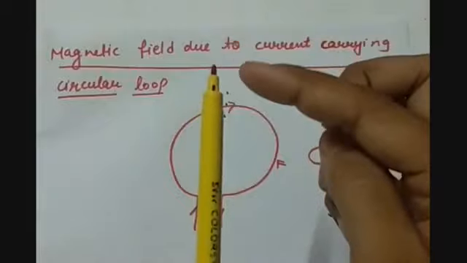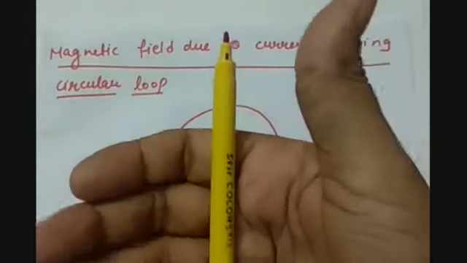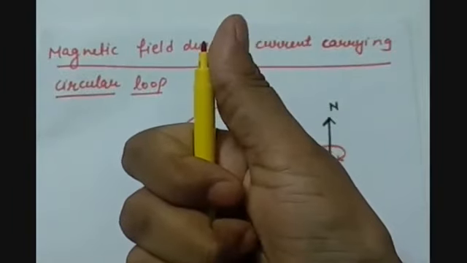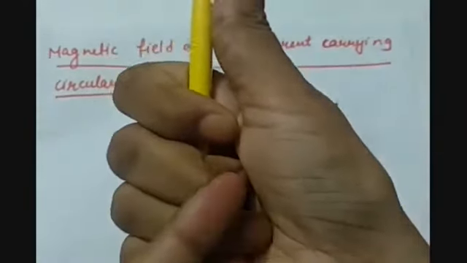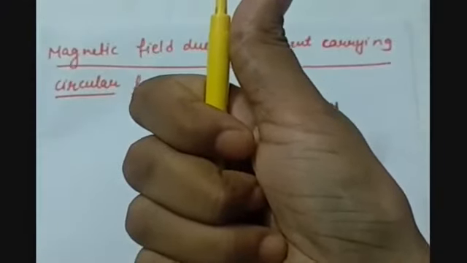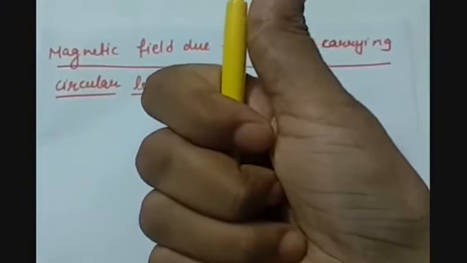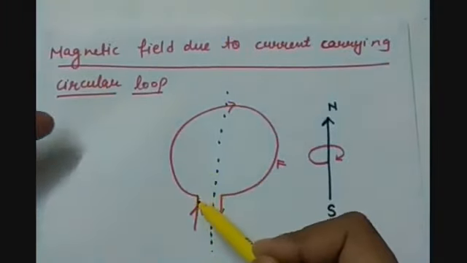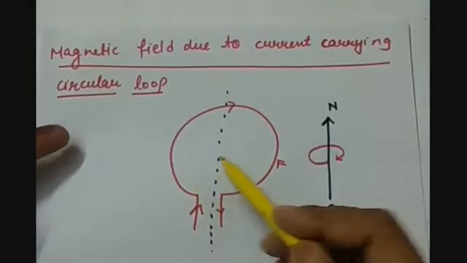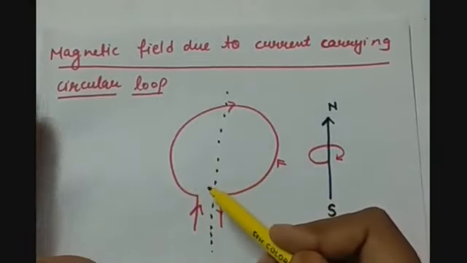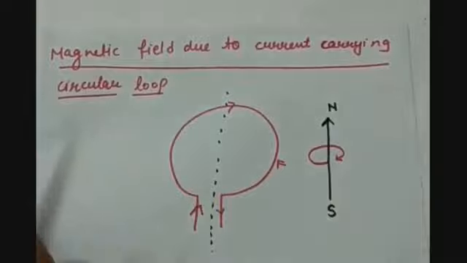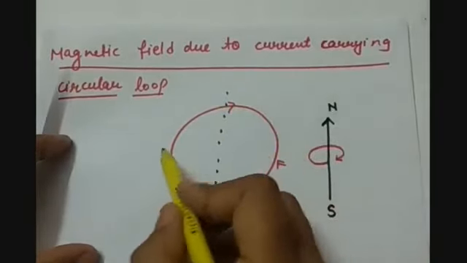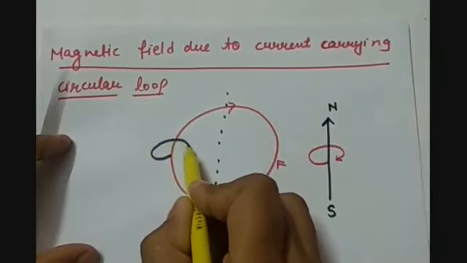According to the right hand thumb rule, when the current is flowing in this conductor in this direction, that means upward direction, we have to put our right hand in such a way that the thumb is indicating the direction of the current, and then the curls of our fingers will give the direction of the magnetic field lines around the straight conductor. So the same thing happens if we consider a circular loop as two half segments of straight conductors, then the magnetic field produced around the circular loop in this segment will be in this direction.